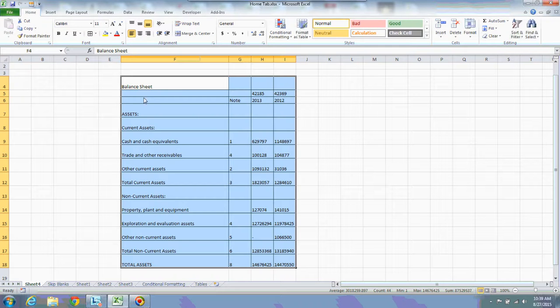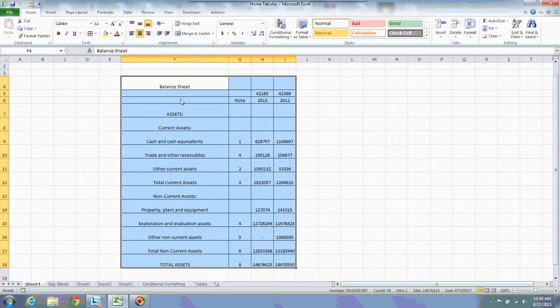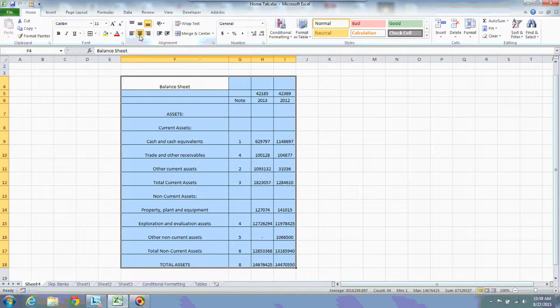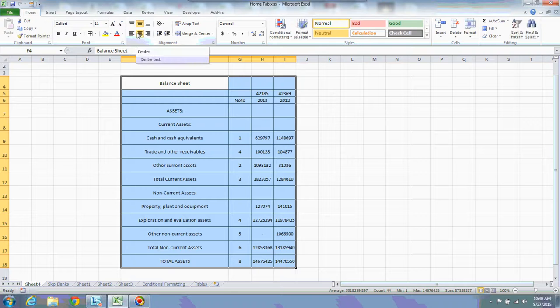I don't want left align. Now I want to change the entire portion to center. See, exactly it is centered. Now the text is centered. Now I don't want it centered, I want it right. Now I can change it to right align. See, all the values have been right aligned. This is the difference between horizontal alignment and vertical alignment. Vertical alignment will change the text vertically like this, and horizontal alignment will align your text horizontally.